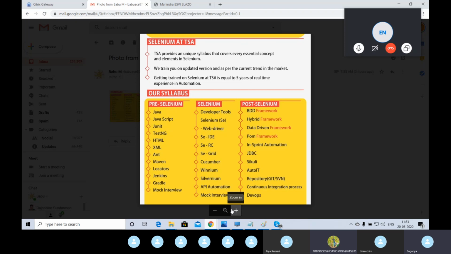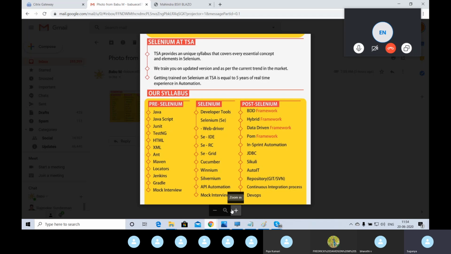Then Vinium. I told you, Selenium will support only automating a web browser. Sometimes inside your web application there might be a chance to integrate your window-based application also. For example, if you want to download anything, it will ask open with. Correct? Then if you select open with, it will take you to your desktop-based application. Correct? So to automate those kinds of window-based activities, Selenium will not support that.